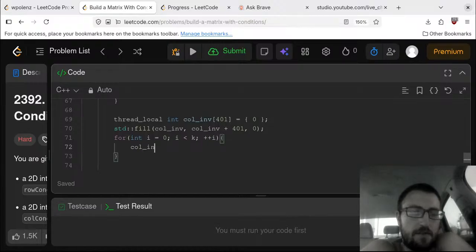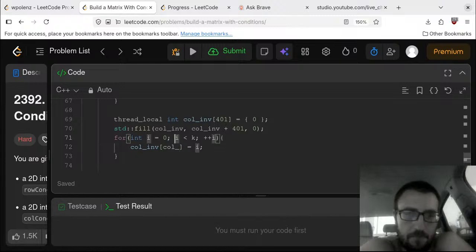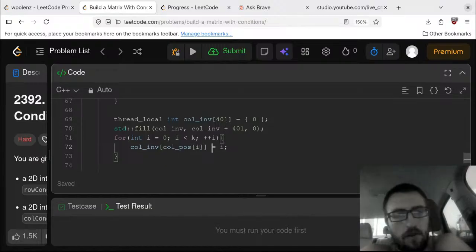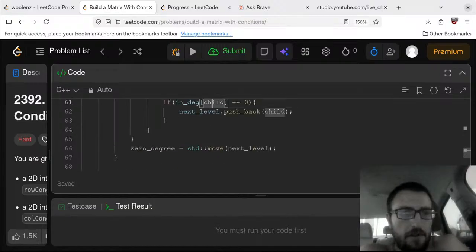So column inverse is going to be, column inverse is equal to I of column position. Yeah, so it'll be